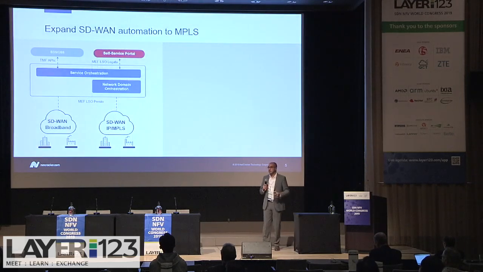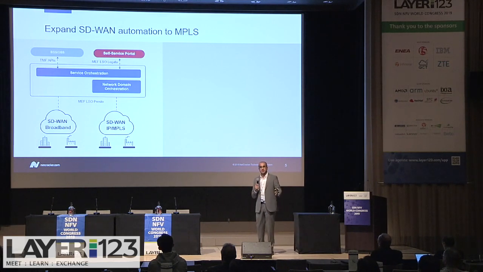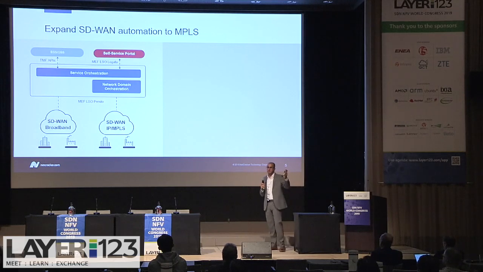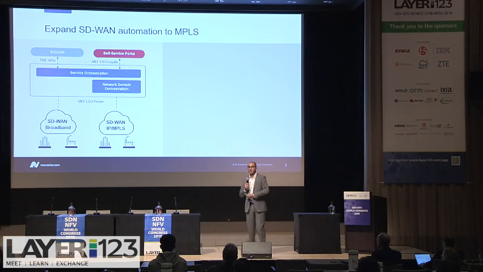So next, I want to highlight that it's not just about SD-WAN. So the automation needs to go further steps. One of the promises of SD-WAN is the ability of the customers to, for example, use MPLS and broadband as two options for their connectivity, right? And maybe move some critical traffic to MPLS and some traffic to broadband, or use MPLS as an underlay to keep certain SLA, or migrate from MPLS. But at the moment, the process flows of automating MPLS are completely disjoint from SD-WAN, and